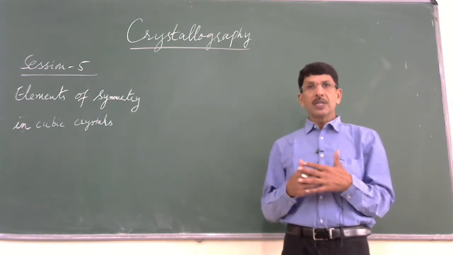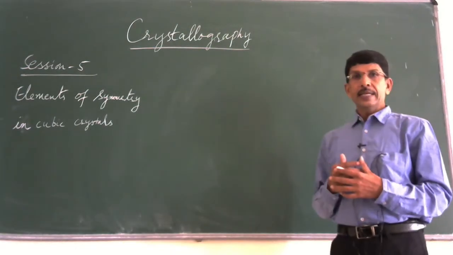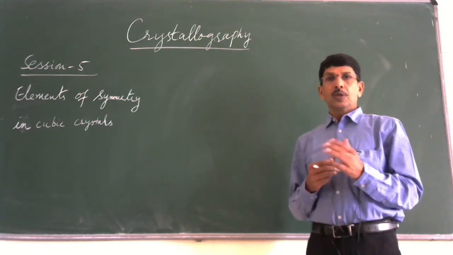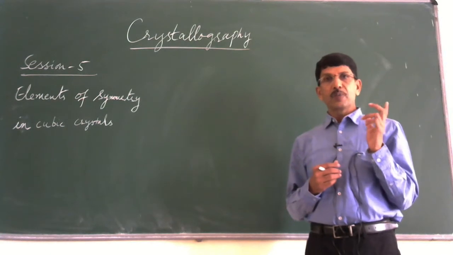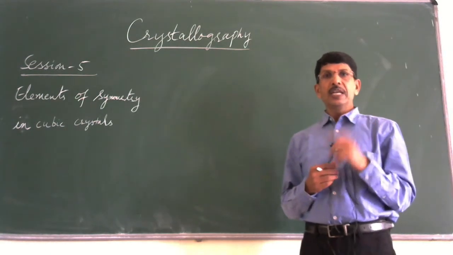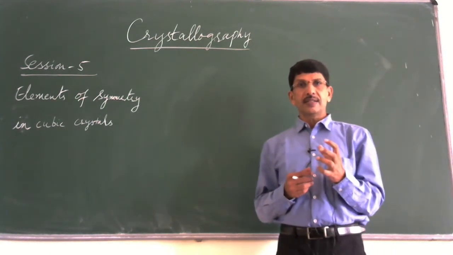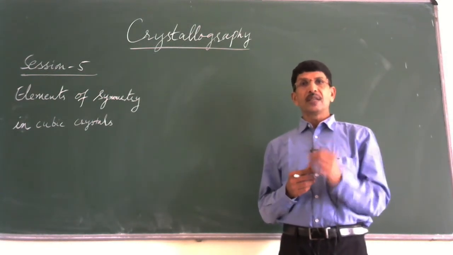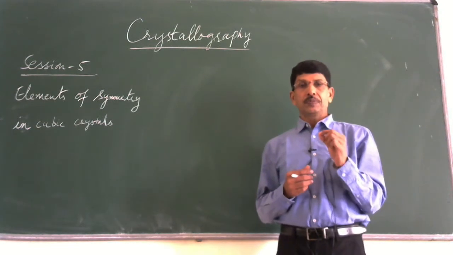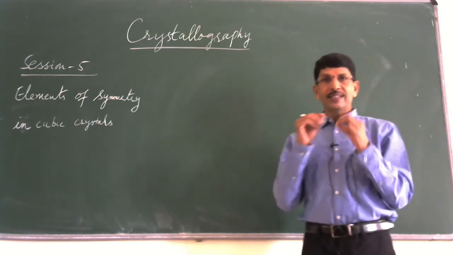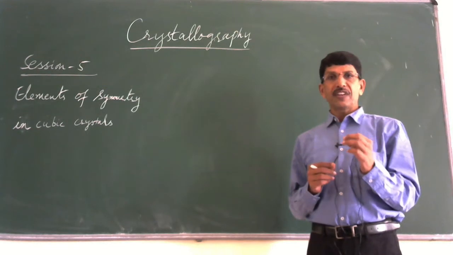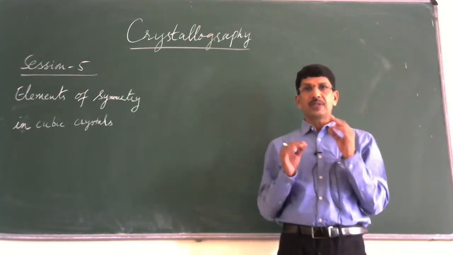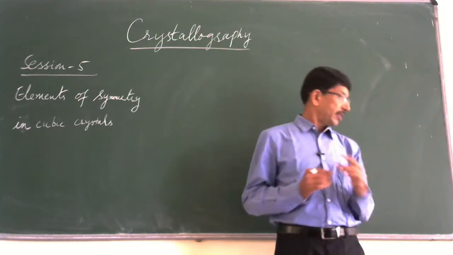So with this background, today let us try to look at the number of symmetry elements present in a cubic crystal. Please try to recollect my third session where we discussed the crystal systems and their characteristics. Under crystal systems, I told you that the simplest system is the cubic system because all the three sides are the same and all three interfacial angles are also equal, equal to 90 degrees. That's the simplest of all the 7 crystal systems.